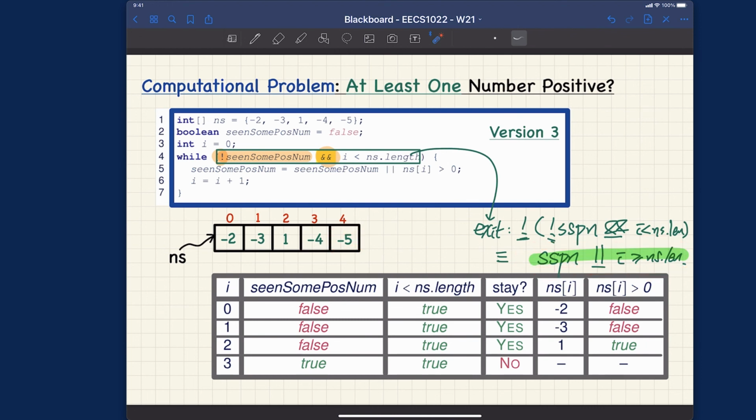Okay, let's see exactly how this works for this particular input. We know that it's actually here that will really cause the early exit. So now when I is equal to 2 over here, the element will be 1, and ns I larger than 0, 1 larger than 0, will be true. As soon as we get true over here, even though previously seeing some positive number was false to begin with, now it's actually true. So we get false or true, which is going to be true. That's the 0 of disjunction. And once you get to true over here,